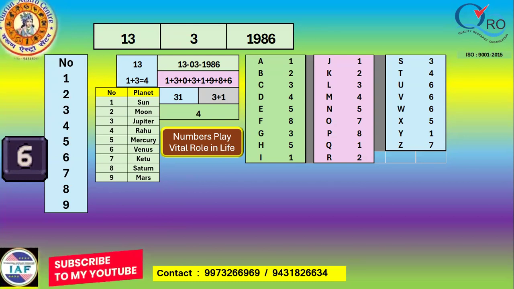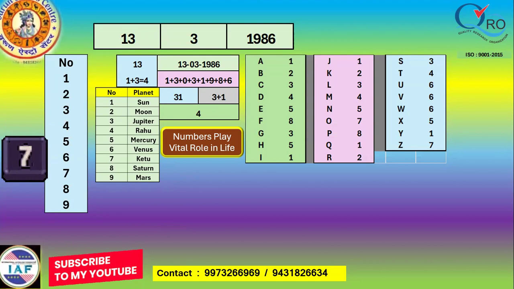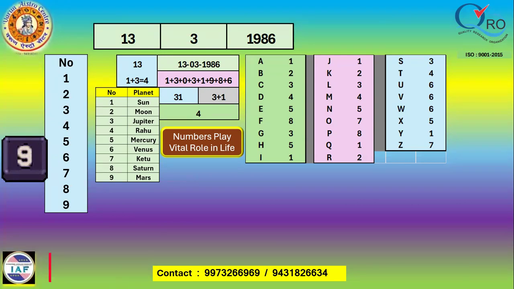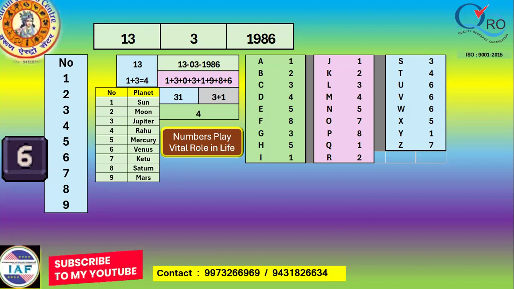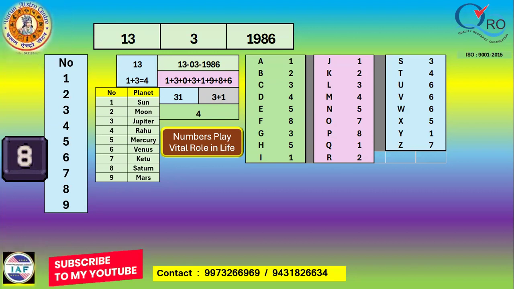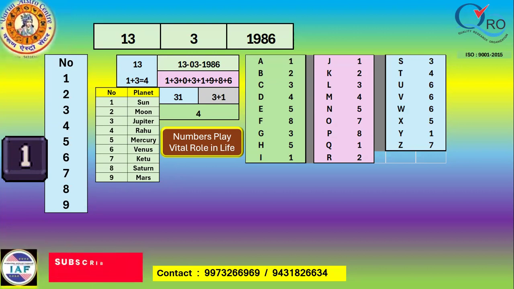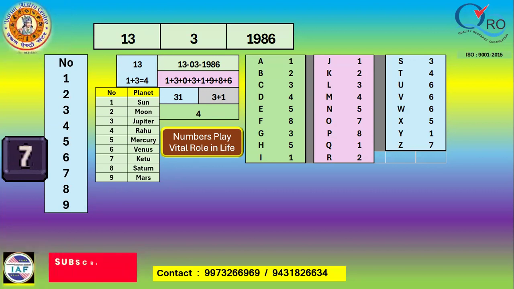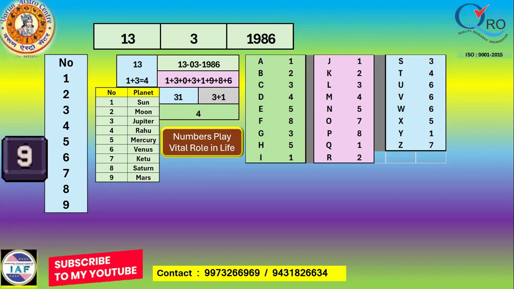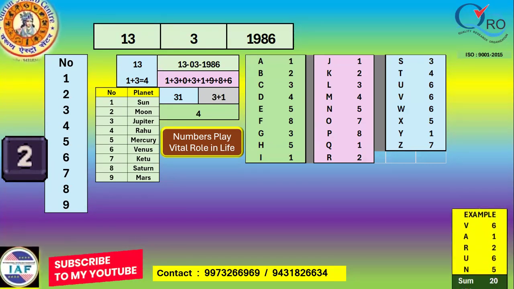we go on adding. First our family members, fathers, parents choose a number, a name, and that name plays a vital role during life because it generates a number which may be useful, lucky, or harmful for the native. So whatever name is taken, those letters are converted into their respective numerical values, and then those numbers are added together and converted into a single digit. Just for example, I have taken one here.